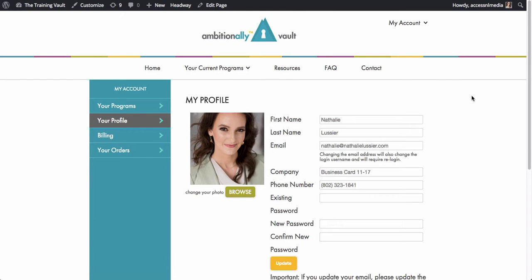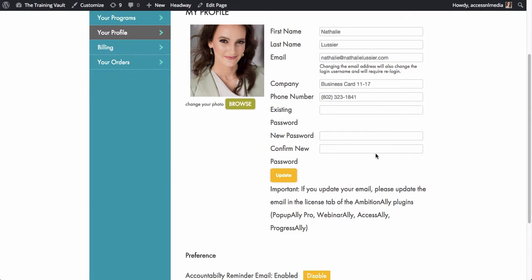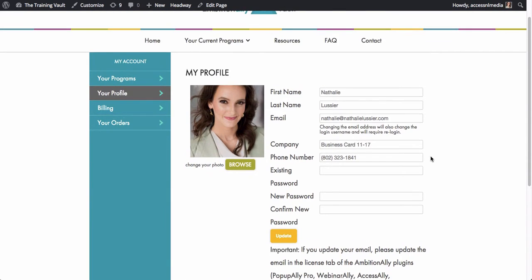Now, the other half of the member directory piece is under your account and profile. It's really important for people to be able to update what shows up on their profile. So here's how you can change people's photos. They can change their name, their emails, their phone numbers, and even update their passwords without messing up any of the stuff inside of your membership site. And trust me, this is huge.